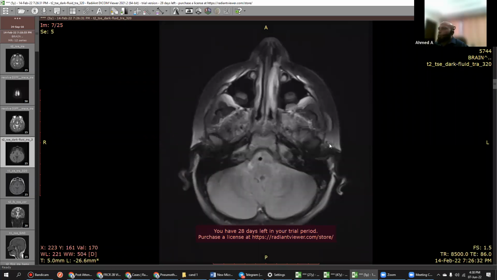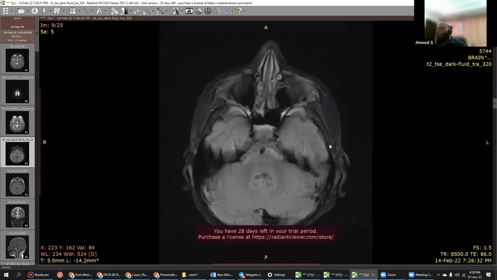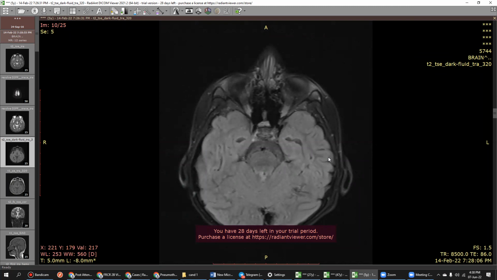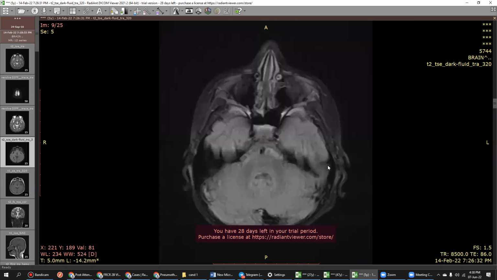Okay. What are your review areas? So what is your impression in this? Like 2 sequences you have seen, right? What is your impression? So I have seen 2 sequences. I don't see any obvious abnormality other than few areas of T2 or FLAIR hyperintense signal probably in this region. You can ignore that.